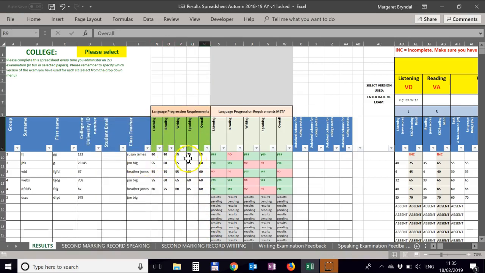And the way that we've designed it is that once you start populating students' exam results, the spreadsheet automatically checks when the requirement for progression is met, and this will be shown in these columns S to W. So as you can see, for those students who have met, it will display a green yes, and if the progression requirements haven't been met, then it will display a red no. For those students for whom you have not got either the language progression requirements noted or they have not taken their LS3 examination, it will have these result pending